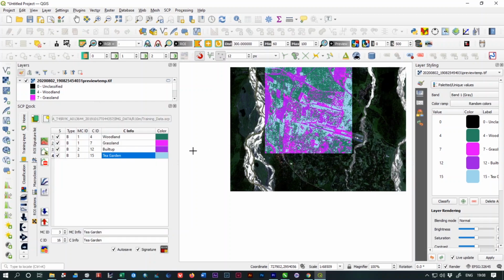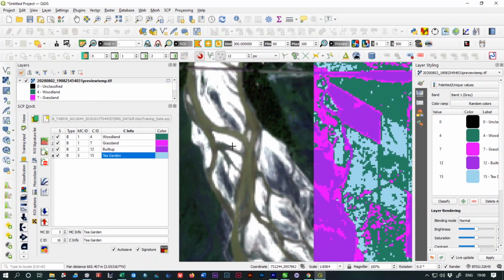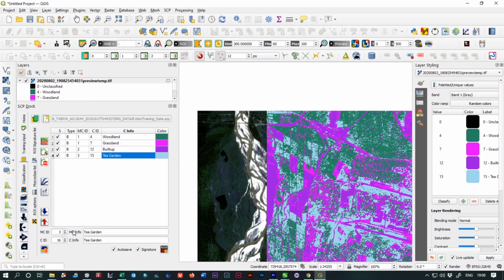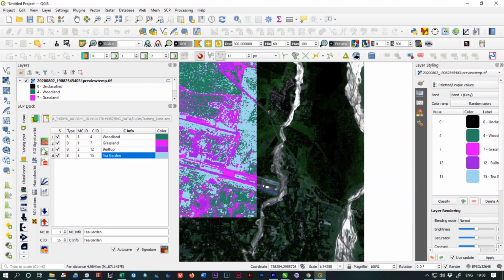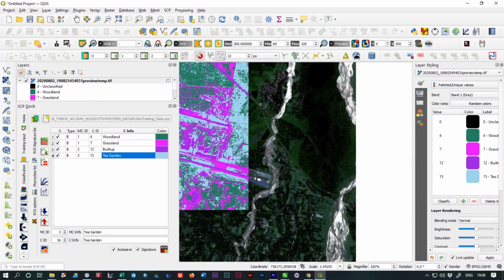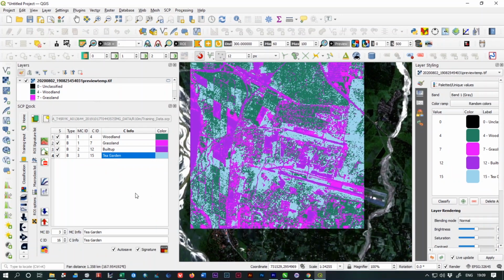If you want to create more training samples, no issues, you can create easily by selecting the river beds, create a main class and give a name like river, and under the main class give class information as river or river bed or ponds or roads, anything you want. You will give it according to your choice.